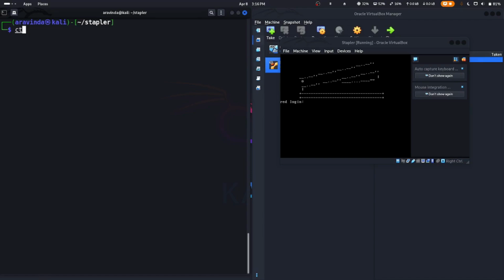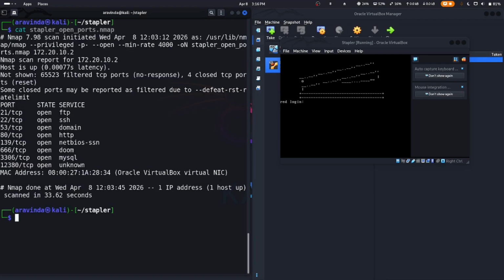Let's clear this and let's check what is the exact ports which are open. So now let's do nmap -sS stealth scan, and -sV service version, and -p. Let's specify the ports 21, 22, 53, 80, and 139,